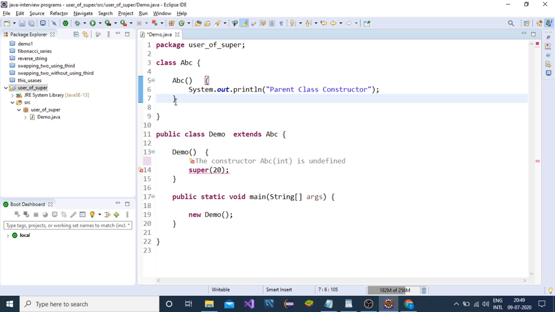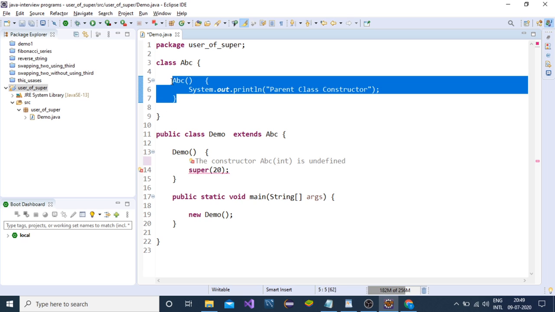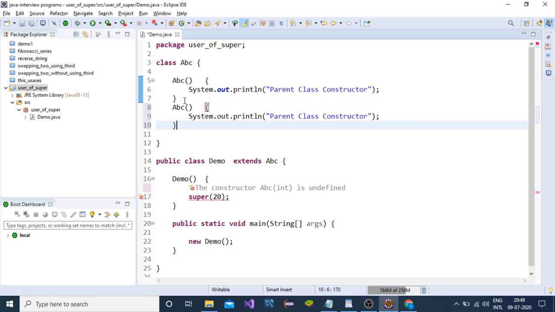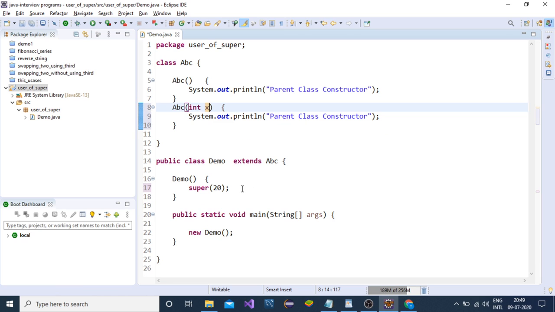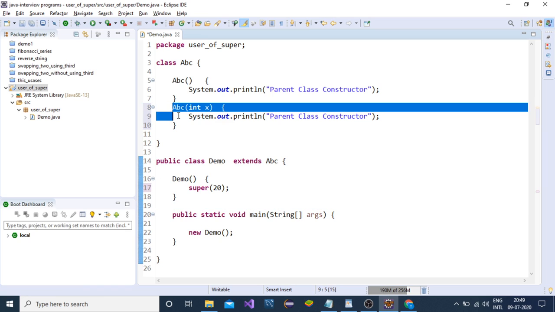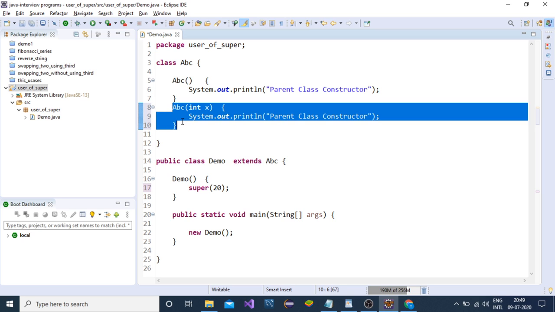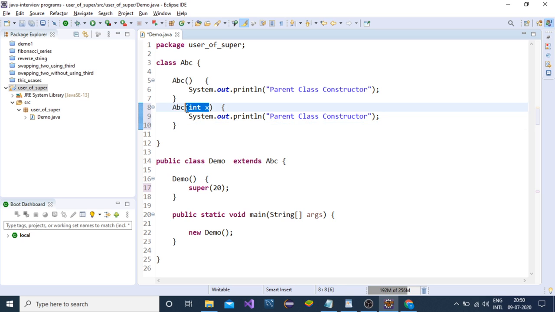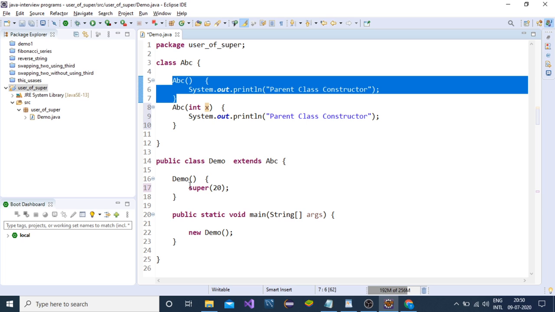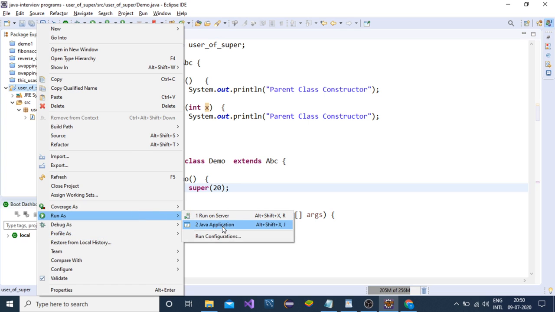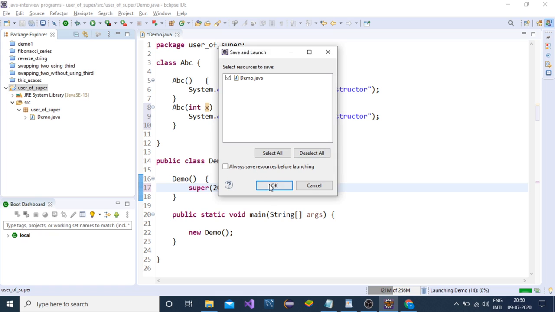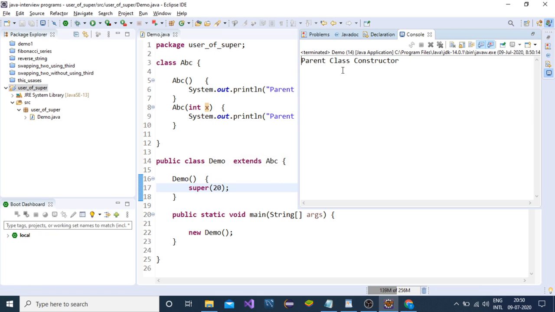If you define a constructor with a single parameter, say int x, then the error is gone. This time the second constructor will be called. I mean, the single parameterized constructor will be called, not the default one, because we have called the single parameterized constructor. See the output. Parent class constructor.